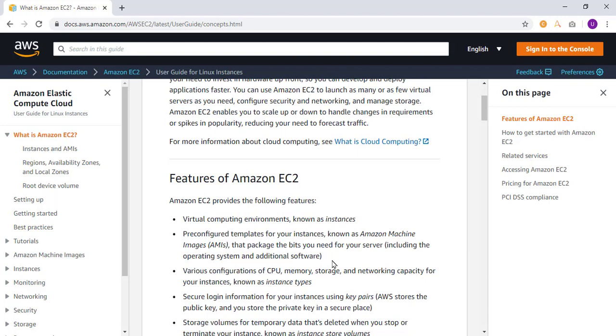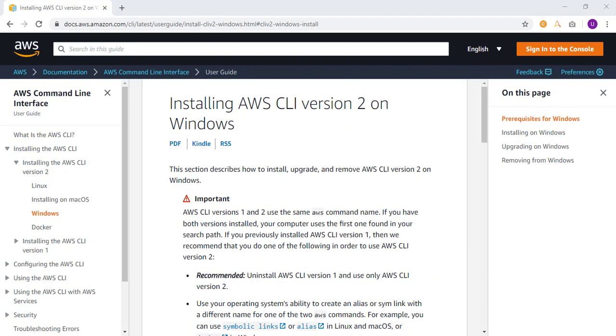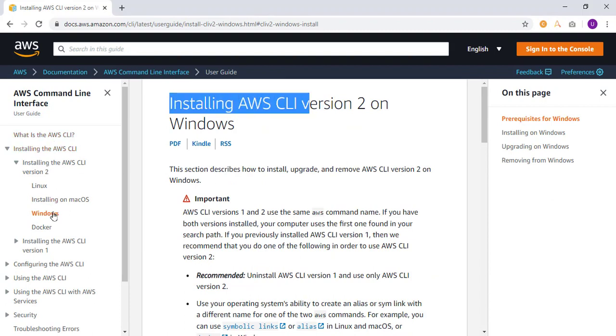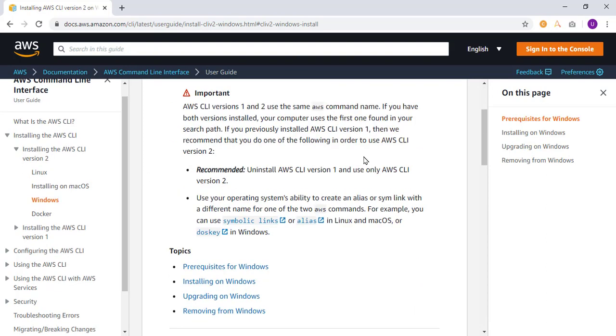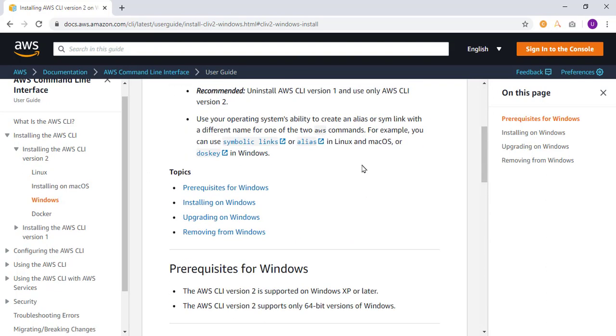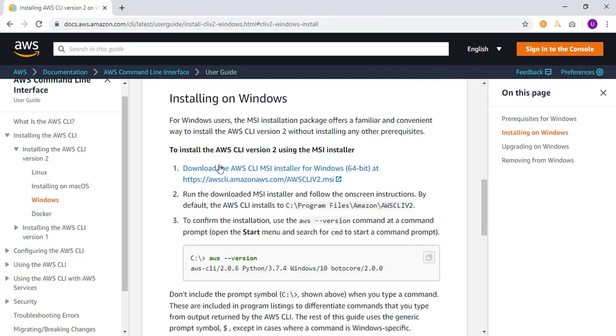Now we will see how you can implement all these components from AWS CLI. You will have to install the AWS CLI on your system, and it is available for almost all operating systems. Installation is very simple, so I'm not going to cover it. In Windows, you just click install, download the MSI file, and then install it. Let's see what we can do next.